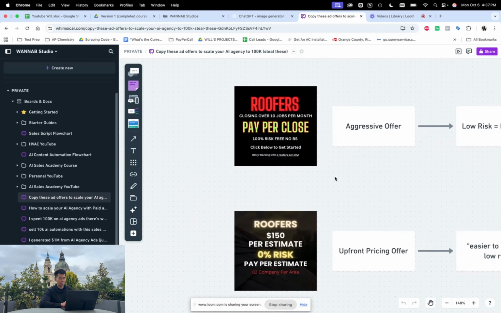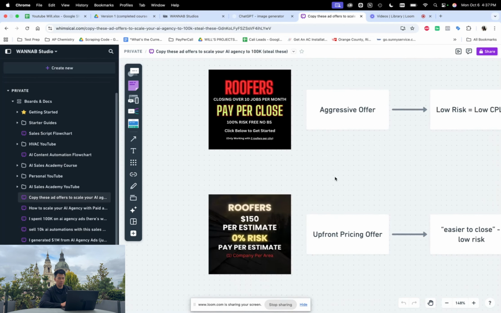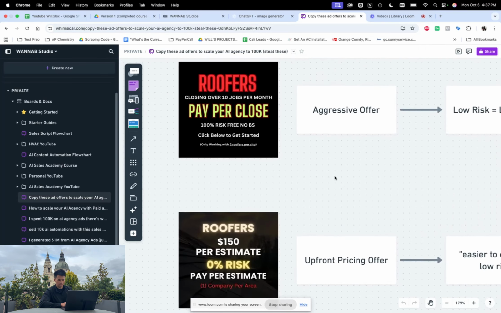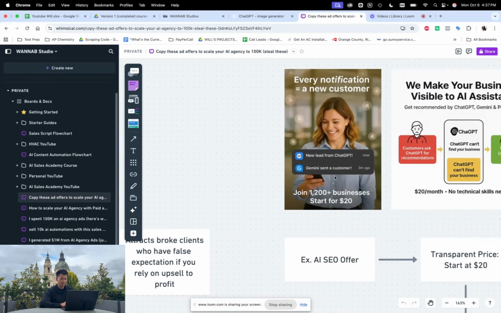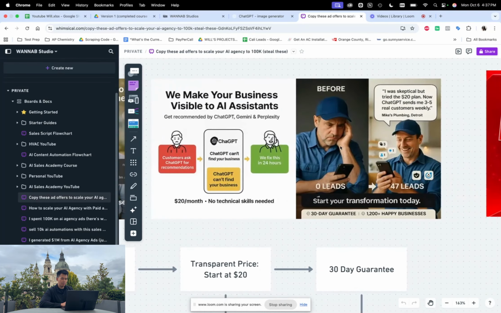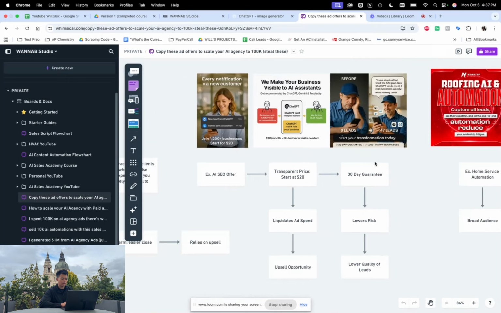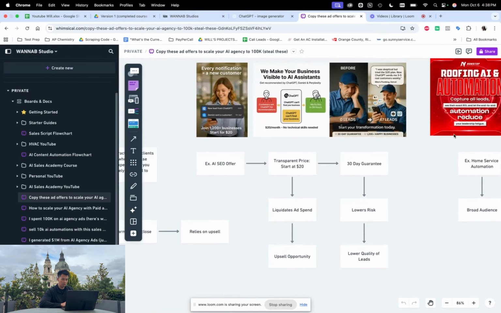But what it does is it reduces a pain point or offers a numeric thing that your prospect can obtain, right? How many leads are they going to get? How much is it? How much risk is there? And how's the offer structured, right? And they call out the ICP. So this is a decent ad, but it is light years better than whatever they ran here at the automation company,